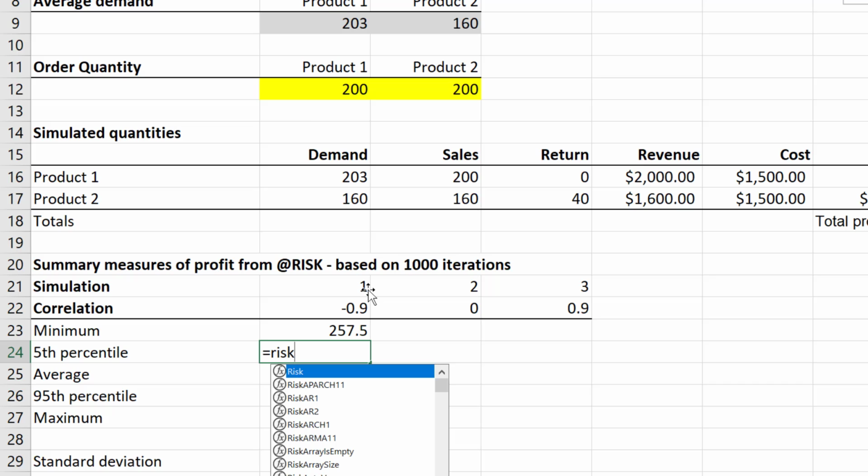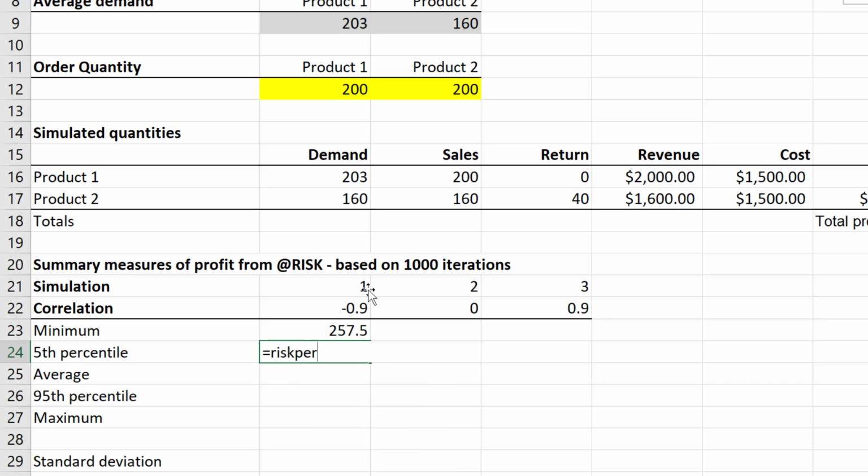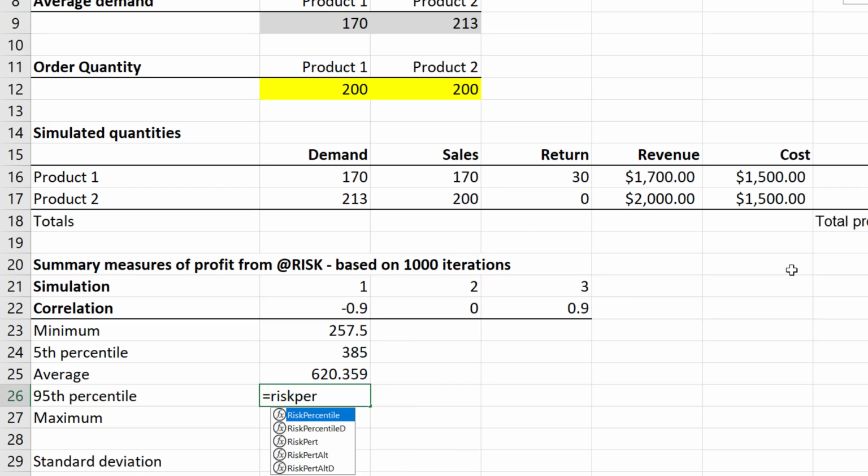And the 5th percentile, RiskPercentile of profit, press F4, and then the percentile we want, and the simulation number. Then we have RiskMean of profit, F4, for the first simulation here, and then RiskPercentile, total profit, F4, 0.95,